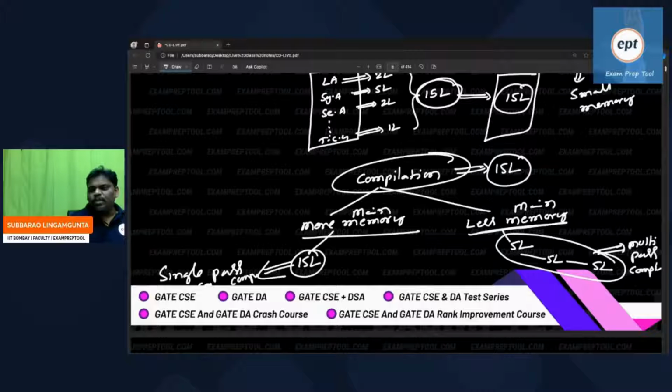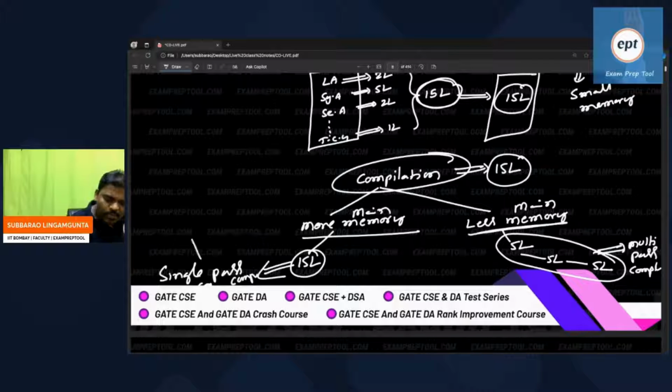So please try to understand. Now see this one. If you do total compilation in multiple passes, 5 lakh lines of code will go, some work will be done, it will come back. Again, the next 5 lakh lines of code will go, some work will be done, again it will come back. Next 5. If you do total compilation in multiple times, compilation time is more. If you do total compilation at a time, one time going, one time coming, less time.